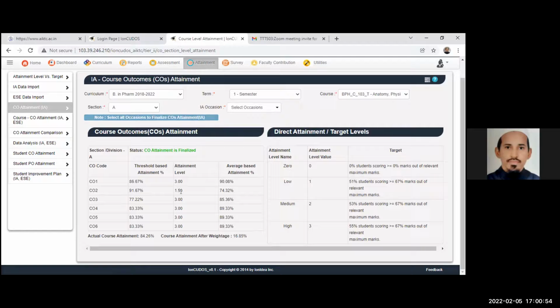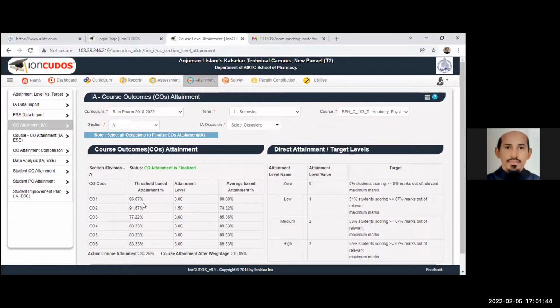Now there is a scope. Like here I see that Course Outcome 2 has come as 1.5. So now the target for me for the next time is I have to go to 3, 2.5 or 2, whatever is decided in the departmental meeting. Okay, now here 3 has come, so either you can continue with 3 or you can change the target and attainment level. That will be decided at the departmental level, don't worry about that. Here we can change it, here it is 51%, you can make it 60, because your 3 is coming. So that depends on the department, but the software is giving you the data in one click, and we are not able to change it now. This is secure. Okay, so this is CO attainment.